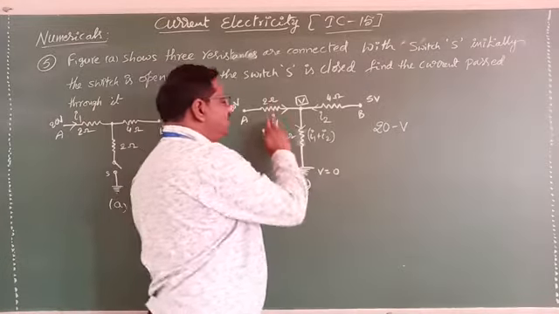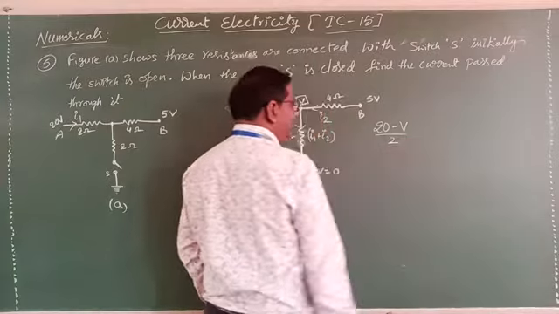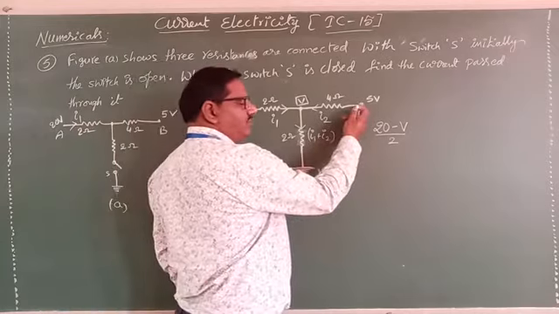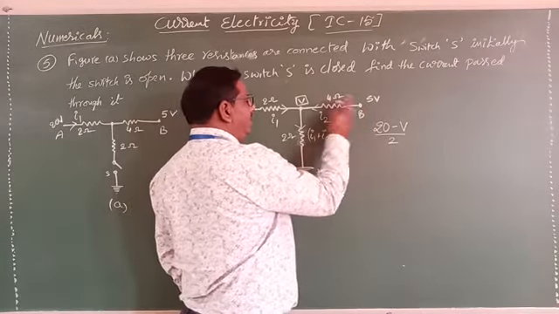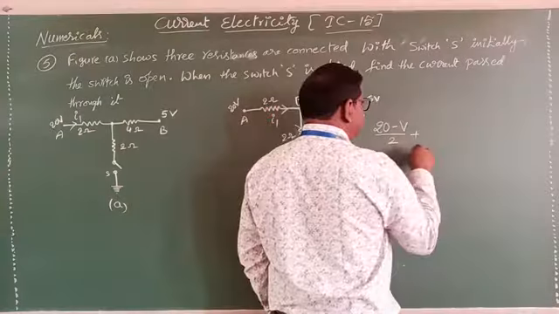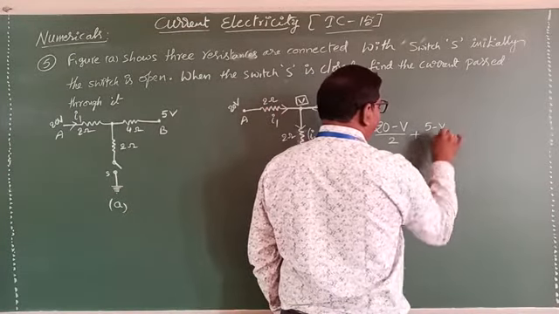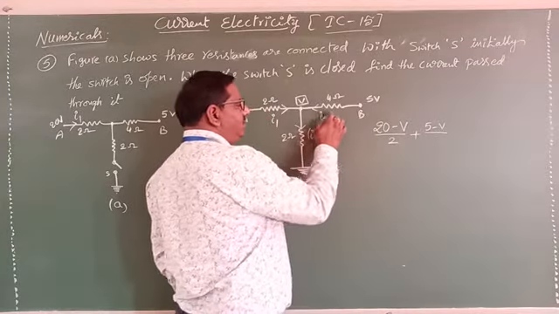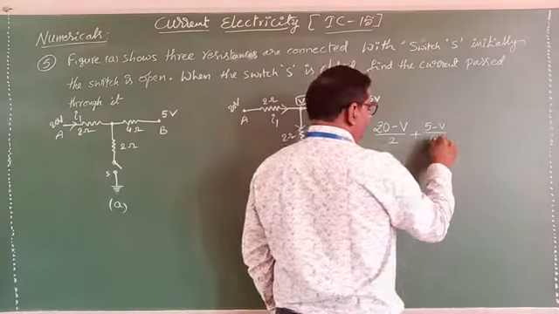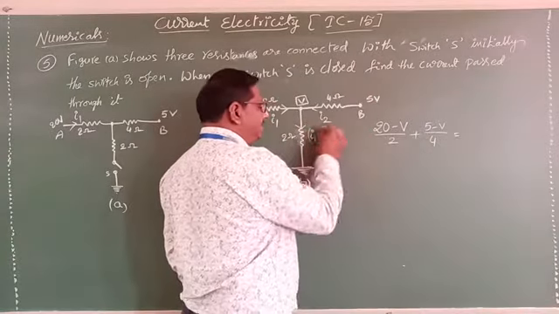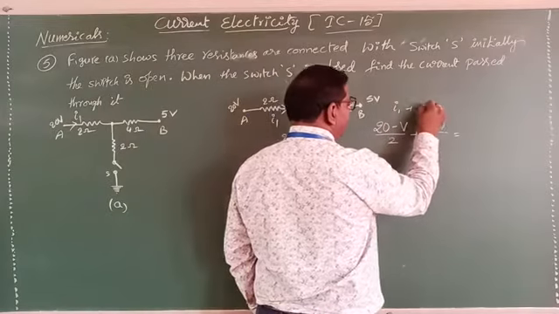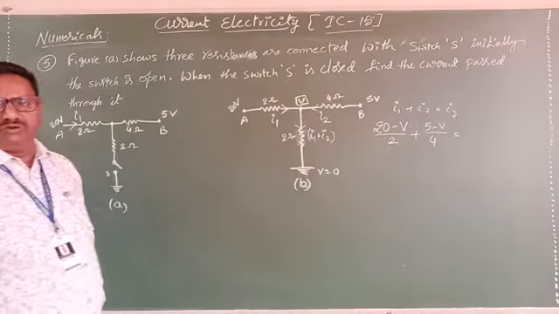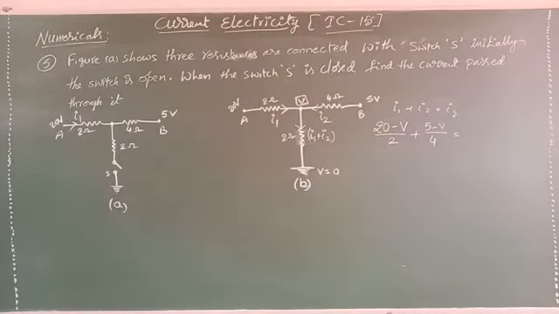So here resistance how much? Nothing but 2. So I will write as 2. Here also V. Now coming to here. Here to here how much is it? Plus 5 minus V by, okay, here the resistance how much? 4. This equals the total current I3. Here I am writing I1 plus I2, that is nothing but I3, because both will add and move. Do you understand clearly? That's why I wrote like that.